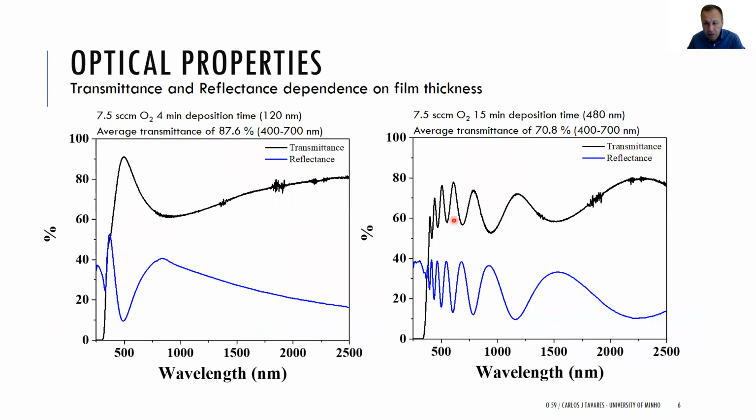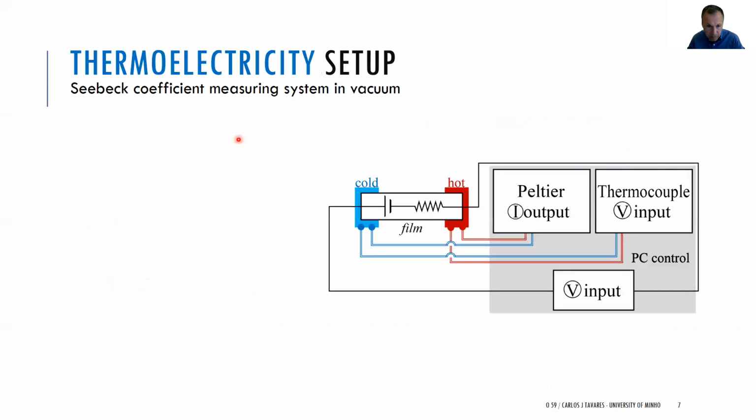These films have a very high transmittance in the visible region. You can see here two different coatings, one with 120 nanometers and another one with 480. For the thick one, we have about 71% average transmittance in the visible region, whilst for the thinner one, it's about 88%. We have a thermoelectricity setup where we can measure the Seebeck coefficient of our films,